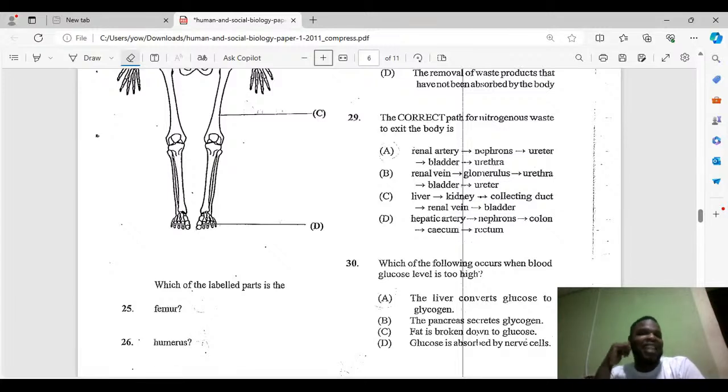And then it goes to the nephron, and from the nephron, all of the reabsorption takes place, ultrafiltration, reabsorption, and then what the body wants comes through the ureter, is stored in your bladder, and then the urethra is its way of exit through the penis. So the answer would be A,